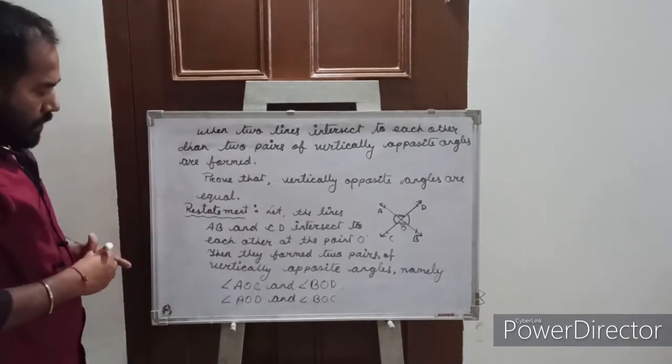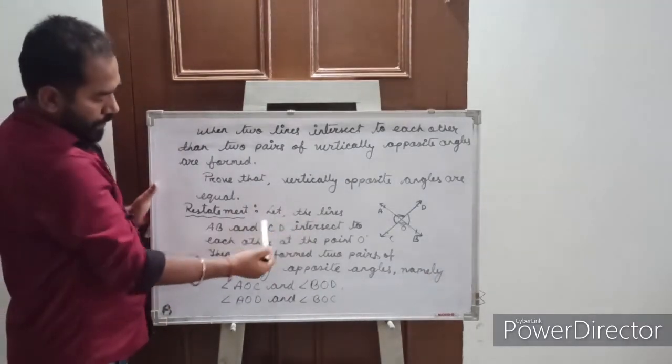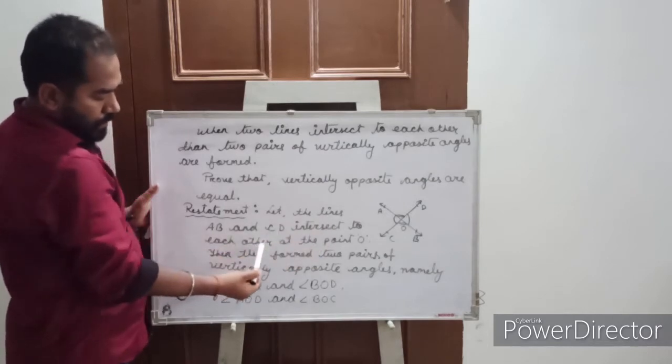So here we consider that two lines AB and CD intersect each other at the point O,